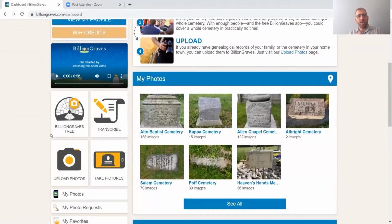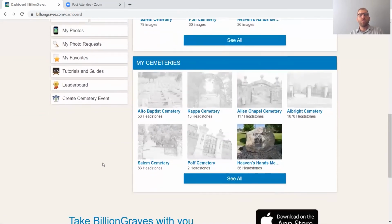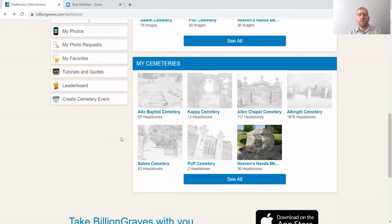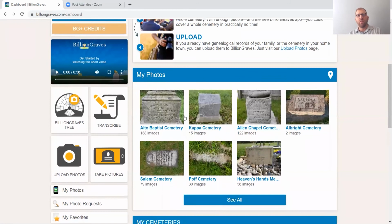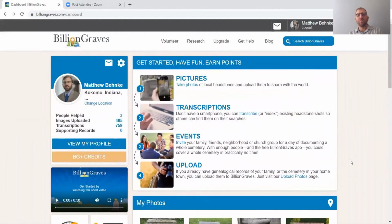So back to the main page. Down here are my cemeteries. So these are the cemeteries that I've contributed to in the last couple of months. And I've spent a lot of time taking photos and transcribing photos. And then there's a little bit of another view. These are the photos that I've actually added. So it's a little bit confusing since their numbers don't sync up exactly. Here's a little bit of redundancy of pictures,